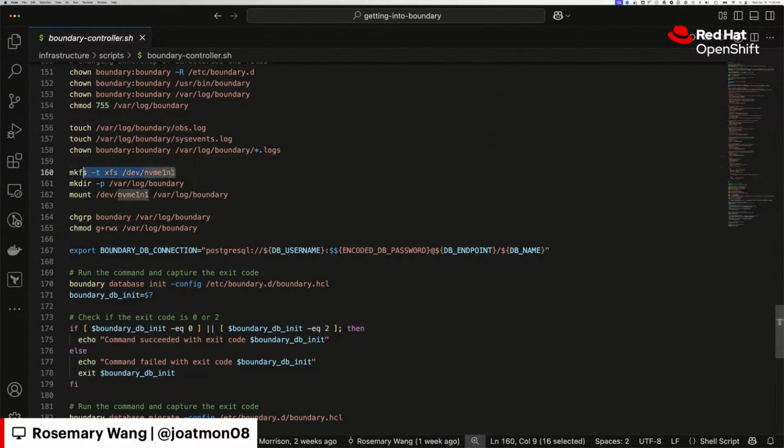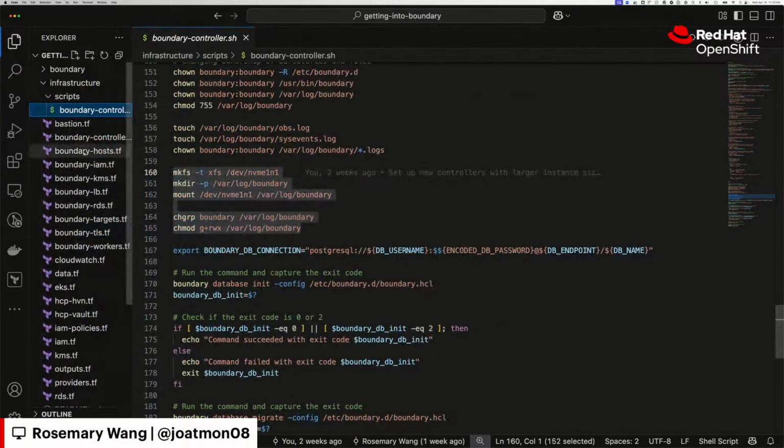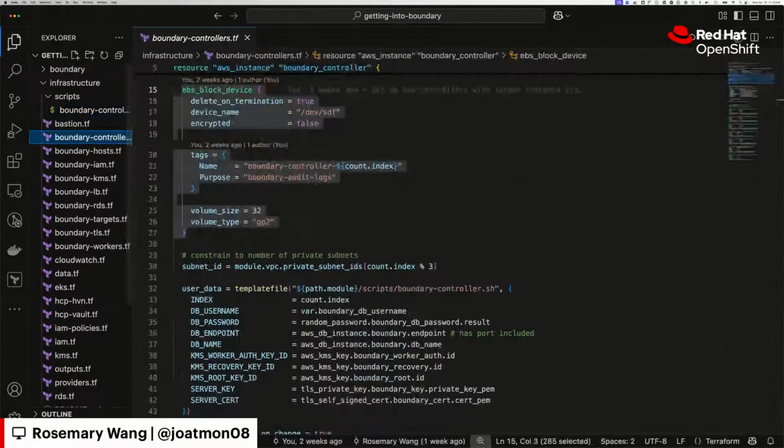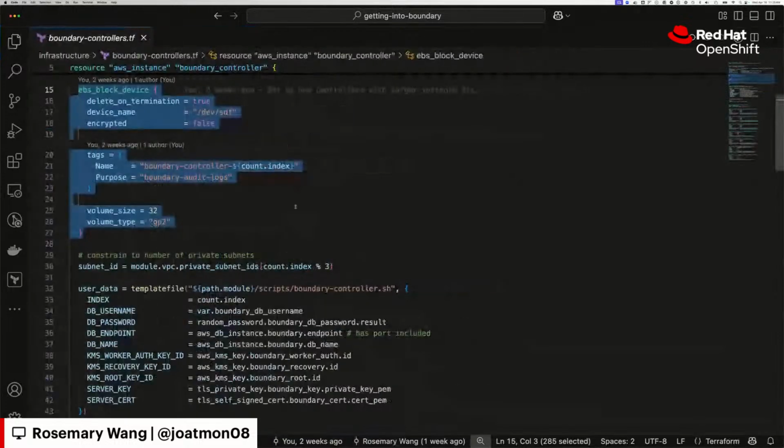So in the case of AWS, you have to go in and find the correct device identifier. And then you have to say that is indeed a file directory. I'm going to make a directory there as well as mount a file directory. And then I have to change my user permissions in order for my process to use it. So in terms of the mounts, you have to be aware that there's a two-step process in Terraform. The first is the actual definition from the cloud service provider or the virtual machine definition perspective. And then the second is the user data has to configure that device or that mount or that partition correctly.